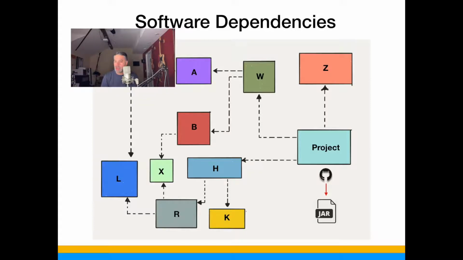H depends on K, which depends on nothing, so that one would be resolved without a problem. And then W depends on B, and H depends on R, which both of those depend on the light green X. And R also depends on L, which is depended on by A, the purple A. So there are two dependencies in common,